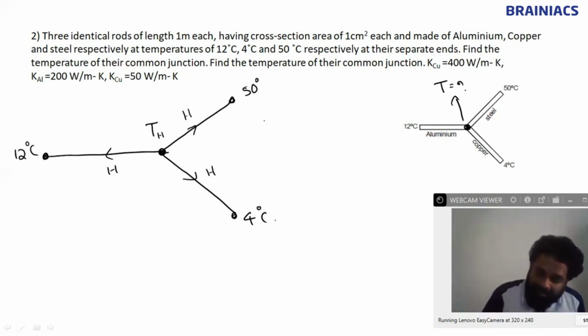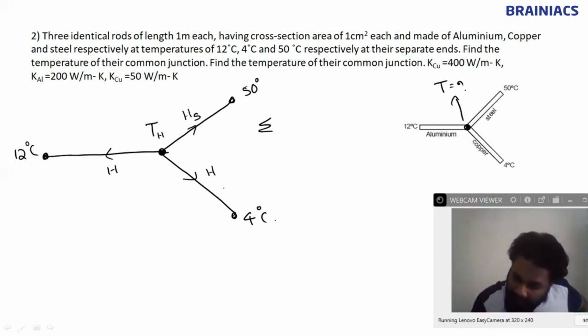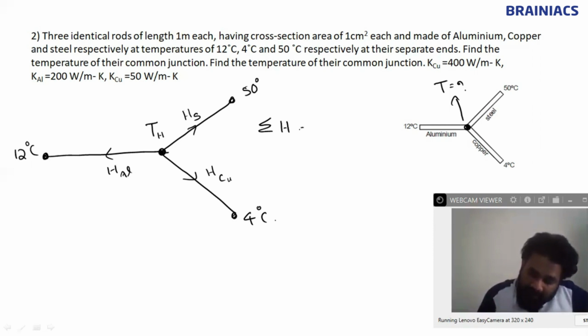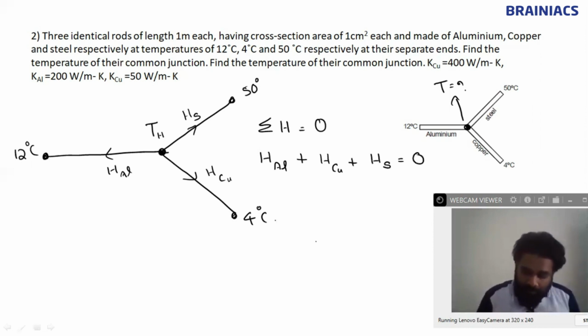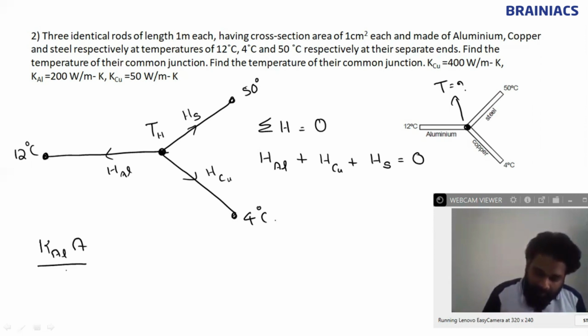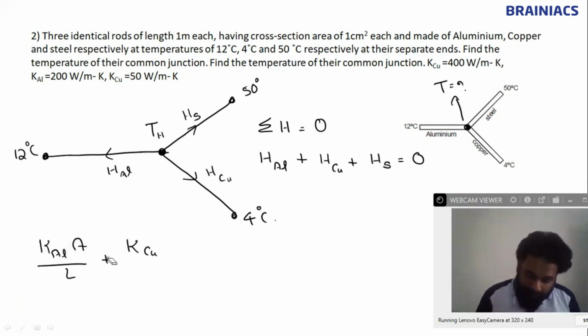So the algebraic sum of, so this 50 degrees Celsius, this is steel, this is copper, and this is aluminium. So the sum of heat current will be 0. Entering will be leaving through some side. So heat current in the aluminium rod plus heat current in the copper rod plus heat current in the steel rod is going to be 0. So what we shall do, K aluminium A by L plus K copper,